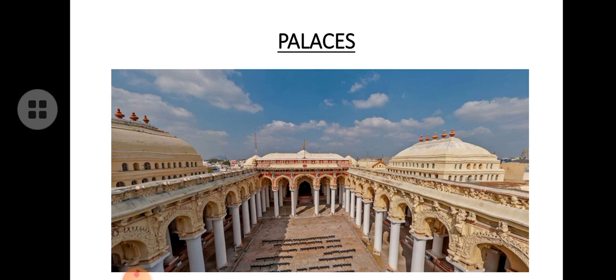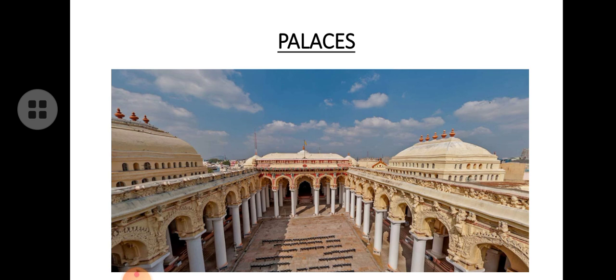So three archaeological sources we studied about, isn't it? First, artifacts. Second, coins. Third, inscriptions. And finally we are going to study about monuments. So what are monuments? Any structure or building that was erected in remembrance of anybody or anything we call a monument.